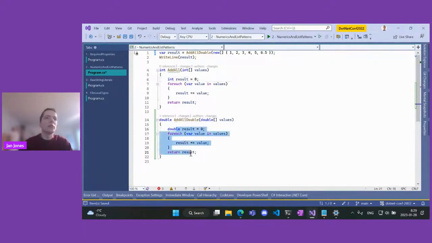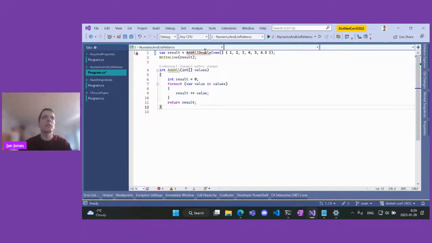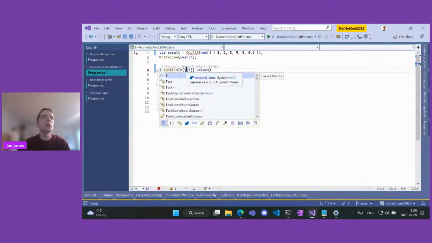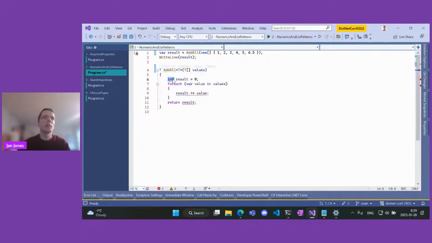And so the code is almost the same, but we have to change the type. Now the plus operator works on doubles. Now this is actually converted to double, but otherwise it's the same algorithm, but we usually had to do that in older versions of C#. But what we would ideally like to do is make this just a generic function, where T would be any number, and we would replace all the types, all the ints with T. And yeah, ideally we would want this to work, right?